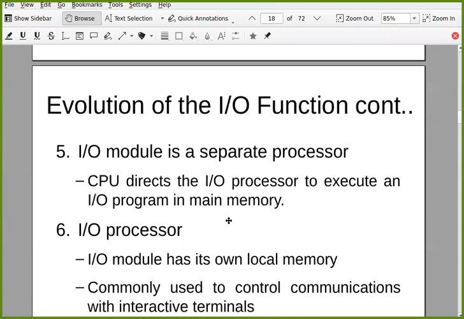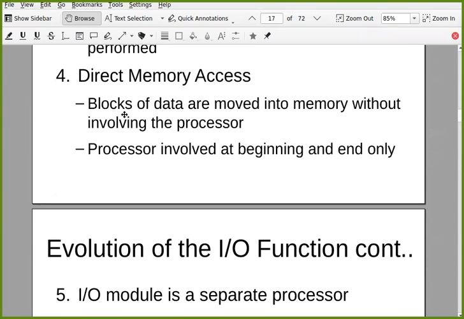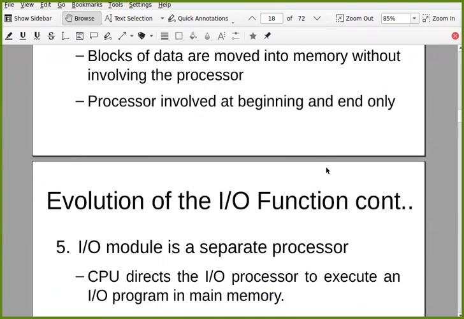In DMA, blocks of data are moved into memory without involving the processor. Whatever data transfer happens between the IO device and memory, the processor is not involved in that. The processor is only involved at the beginning, where it tells the DMA to do something, and at the end, when DMA tells the processor that this is done.